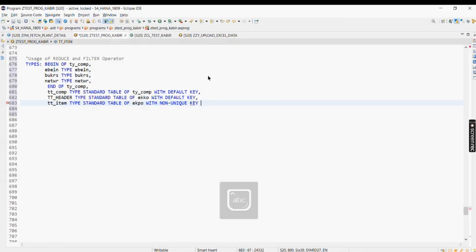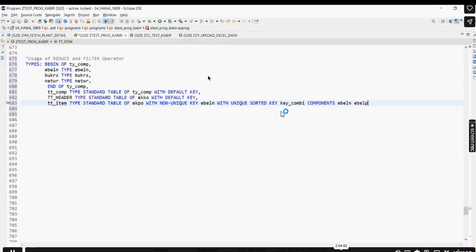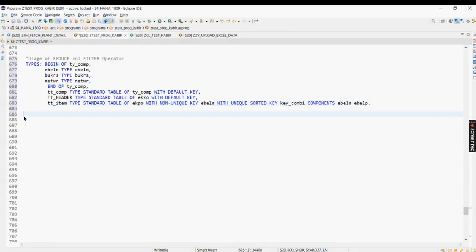So it will be a non-unique key EBELN and with unique sorted key, your combination I'll give as components EBELN and EBELP. Done. Okay, now let me populate some values to